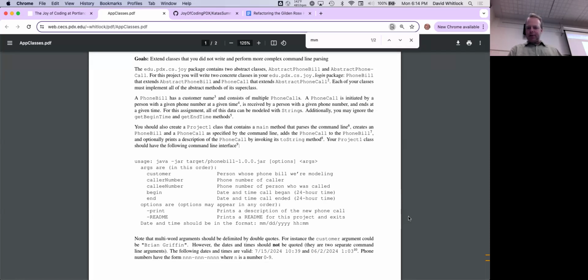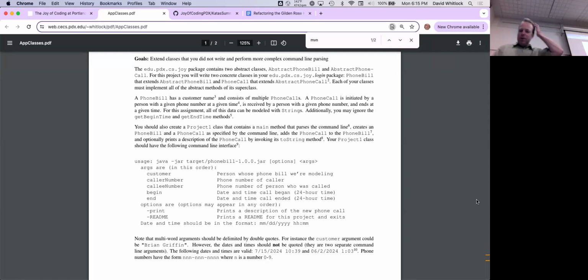So Daniel, to your second question, no, you do not keep adding phone calls to the collection until the program ends. For project 1, you can only have one phone call at a time. In project 2, when the phone bill is persisted out to a file and then read back in again in a subsequent invocation of the command line program, that's when you'll have multiple calls in your phone bill. These are good questions. Let's keep them coming.